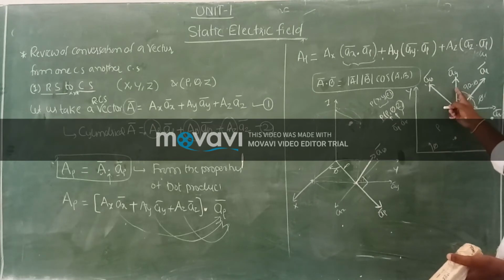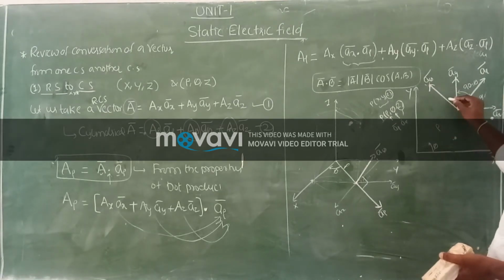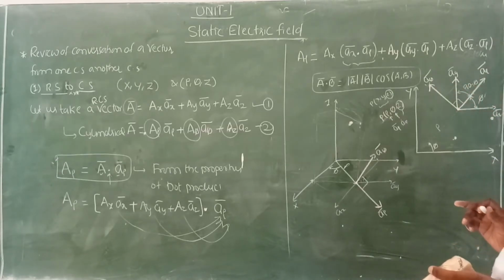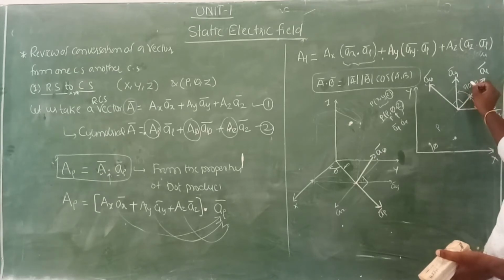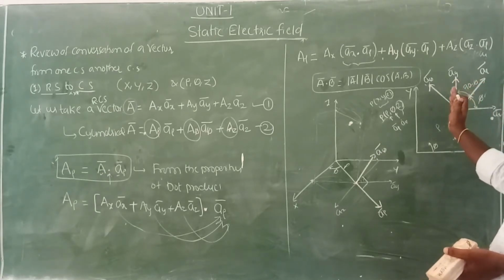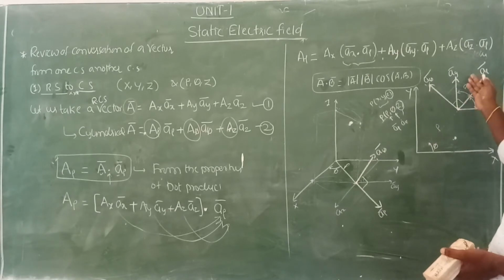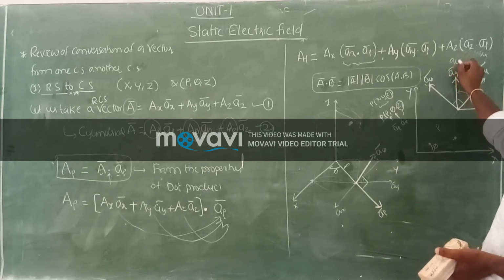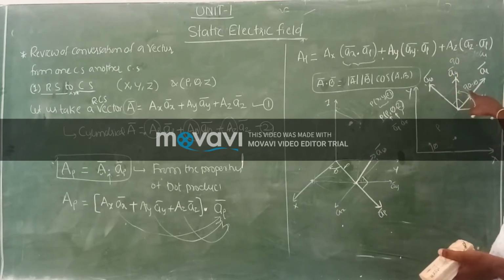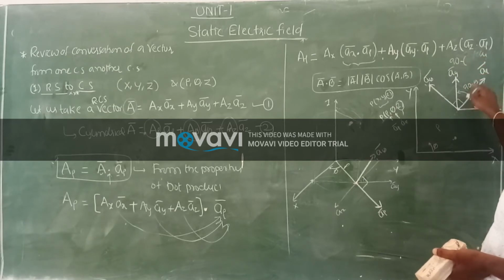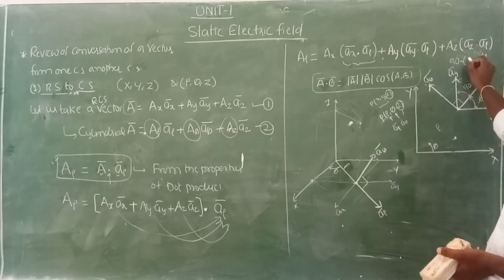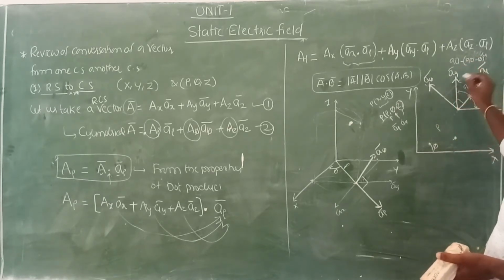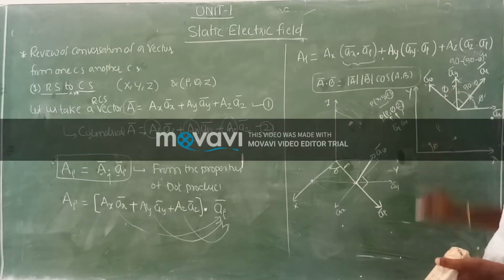And what is the angle between Ay and A phi? Up to here, the angle between A rho and A phi is 90 degrees. So what is this angle? This one is 90 minus phi. If you subtract this 90 minus phi from 90 degrees, you will get this angle. I have an angle of 90 degrees between A phi and A rho, so I am subtracting 90 minus phi from it. 90 minus 90 is 0, minus into minus is plus. So that's why it is angle phi.